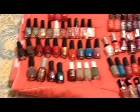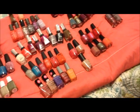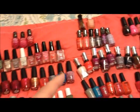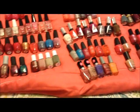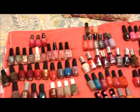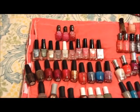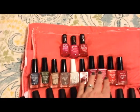But the other thing is, when I group things according to color, you just kind of throw all the colors into one bin and you don't really give a second thought. But when I started grouping them according to brand, it really made me take notice of which nail polishes I'm not actually wearing, and I thought I would do a cleanup. This is kind of inspired by Pink So Foxy. She just did a total clean out of all her stuff, and that's what I'm going to do with my nail polishes, and I thought I would bring you along with me. Some of them are really old, so they'll just go in the garbage, and others I know that I can give to